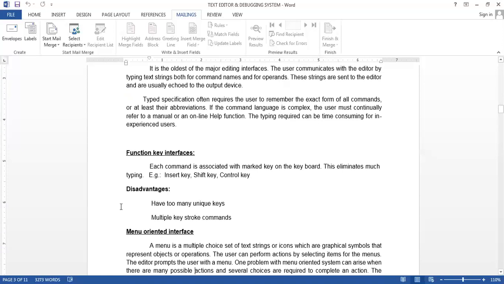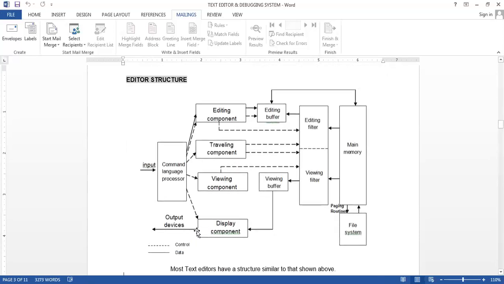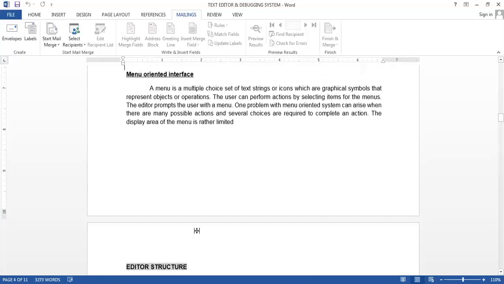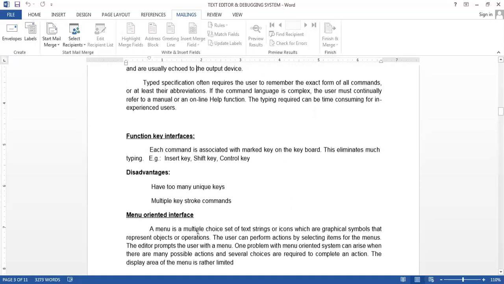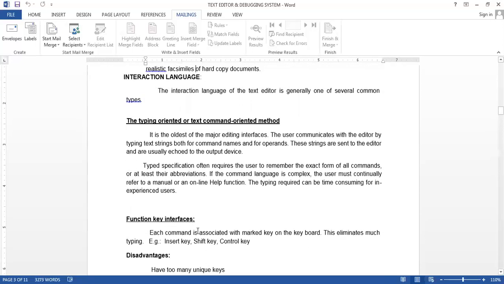Or menu oriented interfaces, where some menus will be there, we select options from menus and interact. So these are based on the interactive language.